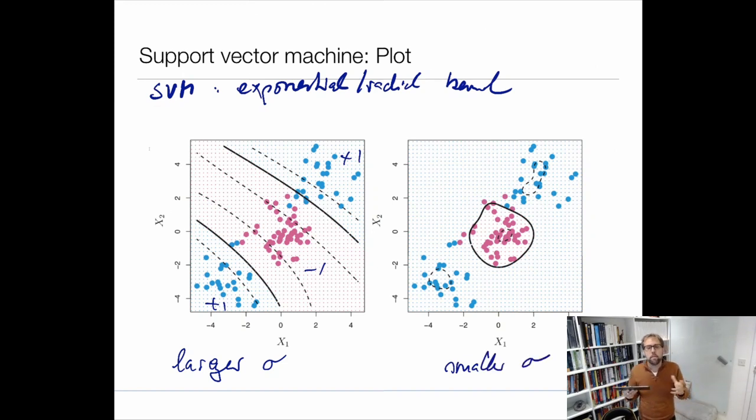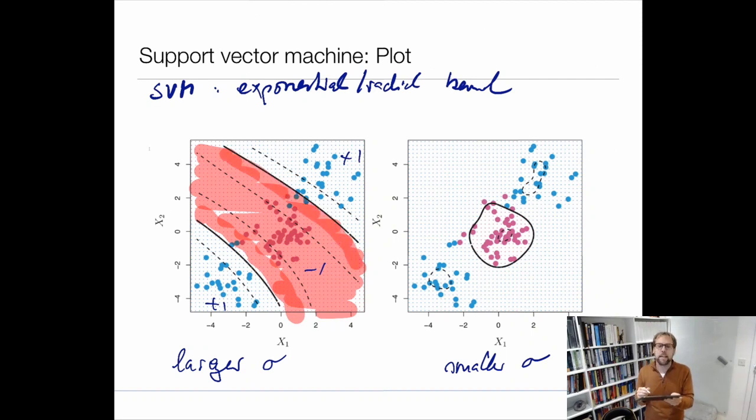Using a smaller sigma means the points have less influence on the other ones, and this makes the decision boundary more wiggly. So here you can basically see how I effectively classified this model. It looks a bit funny, but you can see that the decision boundary can be mapped to actually two different lines, which effectively meet up at infinity, if you like. But that's maybe a relevant comment here. And the dashed lines are still the margin there. So in the first one, I would classify everything which is inside of these boundaries here as